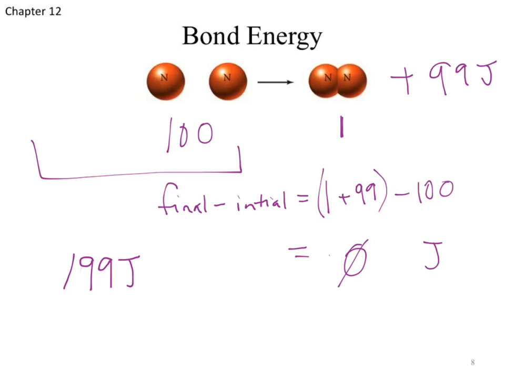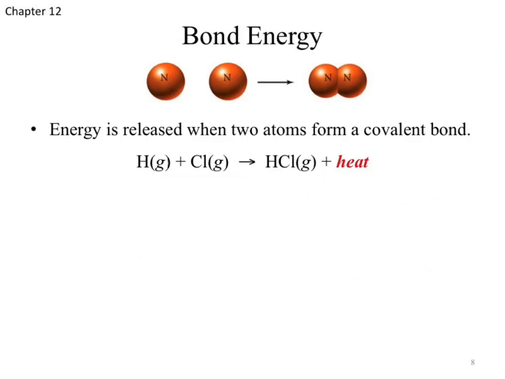What if we break a bond? We're going to have to add energy into it. So all we're doing is now swapping the direction of that arrow. To do that, we have to include that energy. That energy is now a reactant along with our nitrogen, our N2 molecule. So when we look at atoms in their gas phase and we make a bond between them, that reaction releases energy. That energy is most typically released in what form? Heat. Hence we write heat. Or if we put our hand up to the reaction, what would we feel?